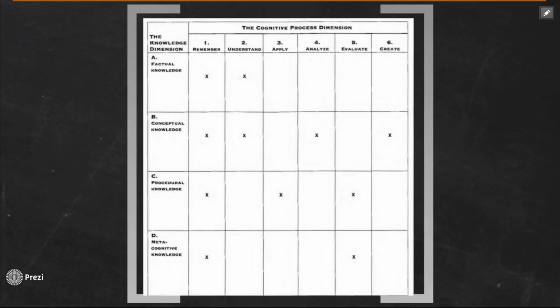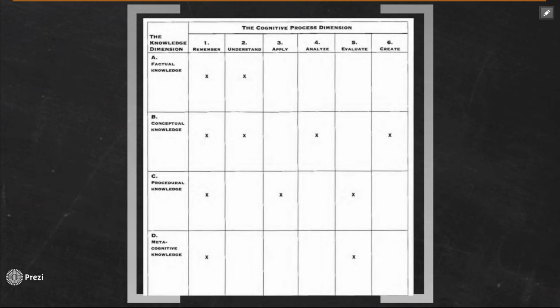We see here in the slide the taxonomy table for hypothetical Ohm's law units. This is a comparison between the knowledge dimension and the activities from Bloom's taxonomy